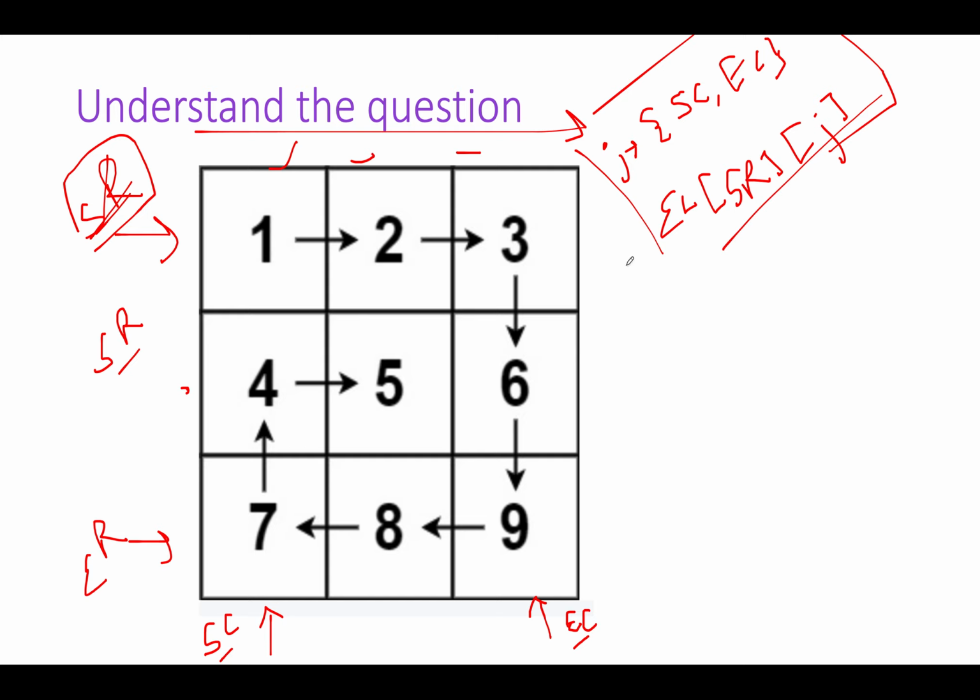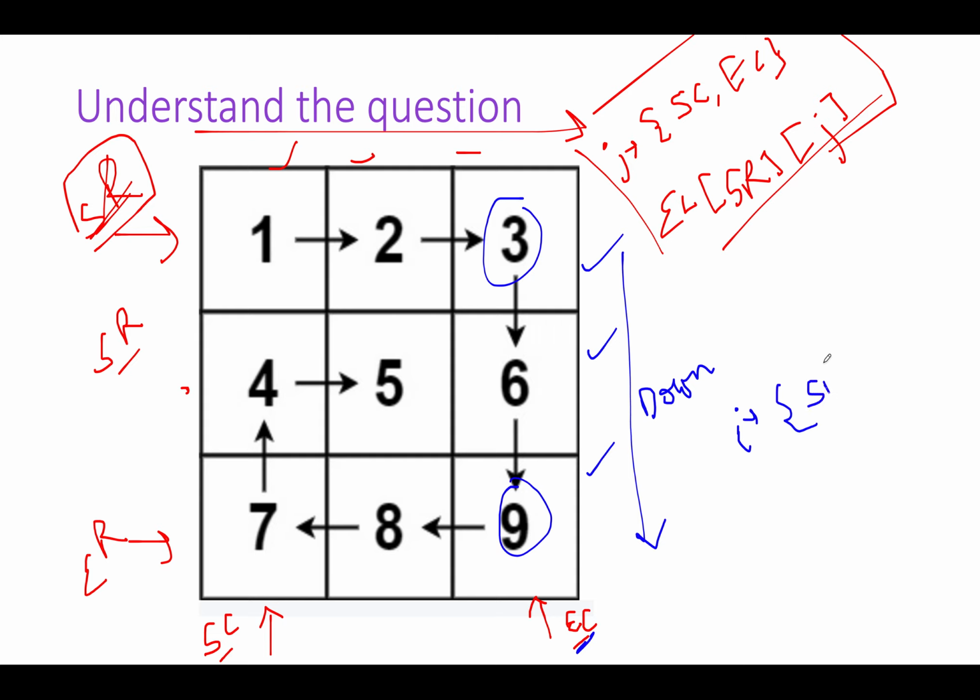So we are done with the first logic, and now let's move on in the other direction. Let me just change the color of the pen, and this time we'll move from the topmost right index to the bottommost right index in the downwards direction. Go down. And what is the variable parameter here? The variable parameter is the row IDs, these IDs 1, 2 and 3. The column remains the same. I will be the variable parameter here, and it will extend from starting row up till ending row.